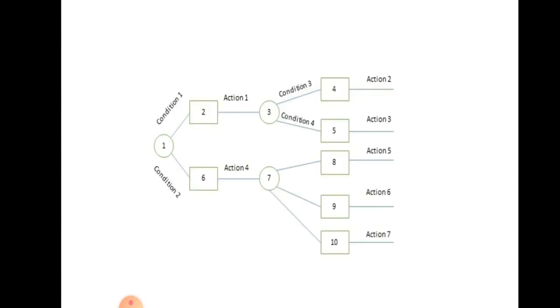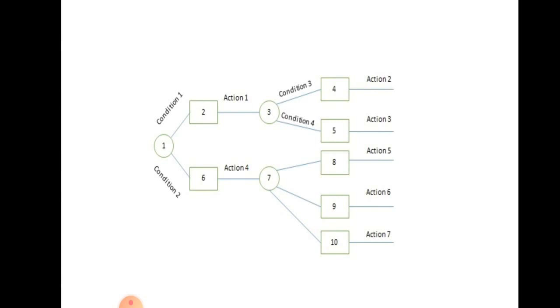So this is a decision tree example. Initially, there is condition number one. Each and every problem has many conditions. Here there are two sample conditions, 2 and 6. Each condition has some action to be performed to develop the particular product. So for condition 2, action 1; for condition 6, action 4.